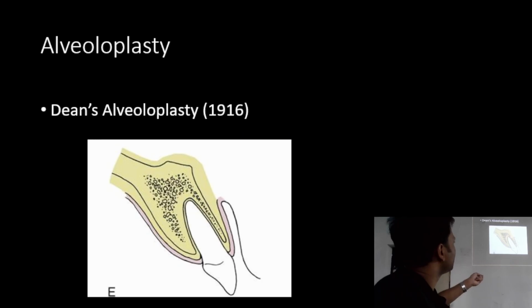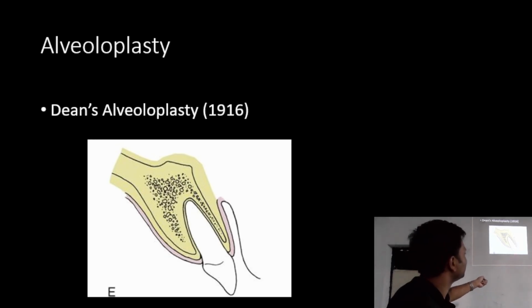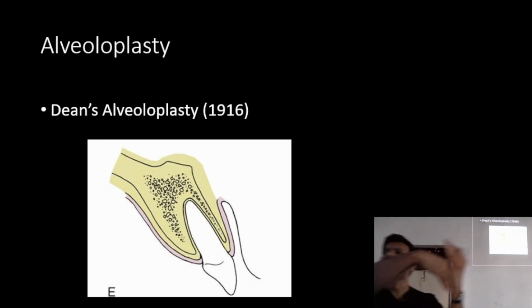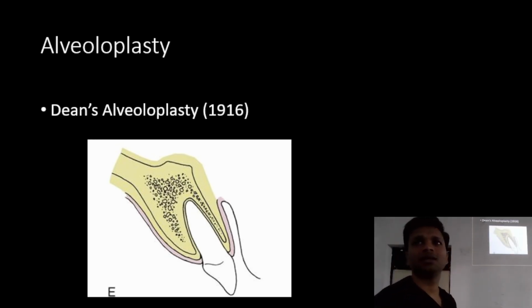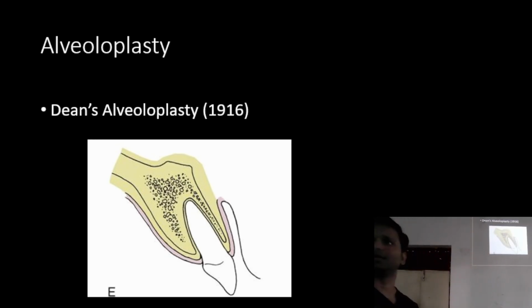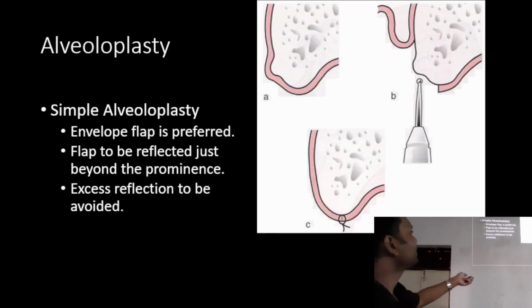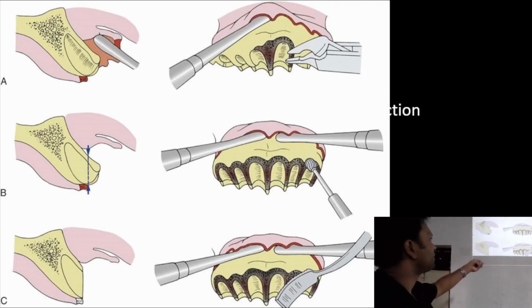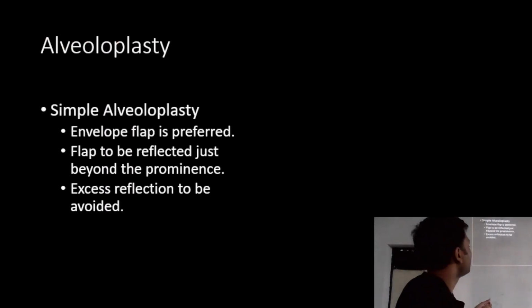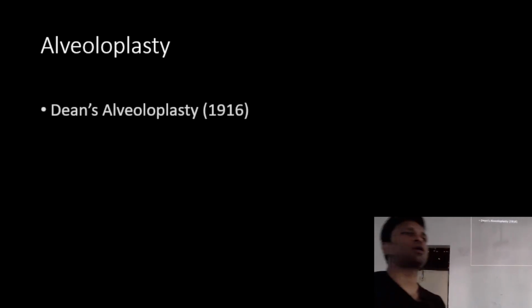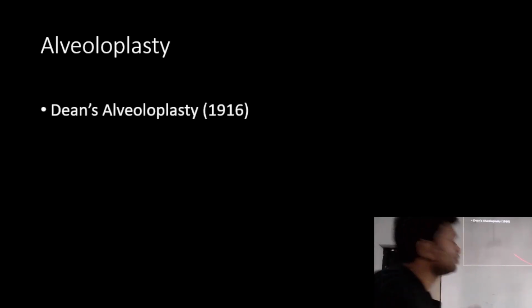So in this, can you see the anterior teeth are proclined, and you can see the labial cortex is like this. So if we extract the teeth and we fracture it and push it back in towards the palatal cortex, so we'll reduce the proclination, right? ये ऐसा है, इसको थोड़ा सा दबा देंगे हम, right? So one method is जो हमने पहले बताया था, simple alveoloplasty, that after multiple extraction we cut the extra bone. But as I told you earlier, we are exposing the cancellous bone, right? So that will lead to huge resorption.